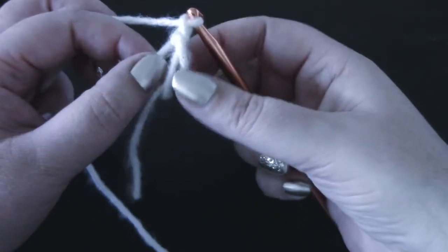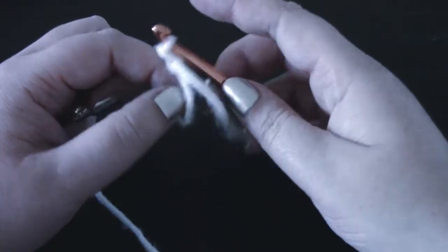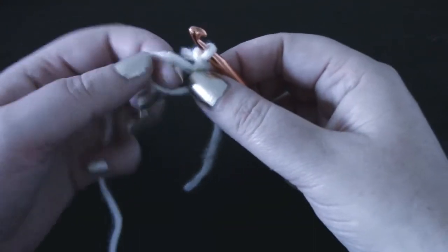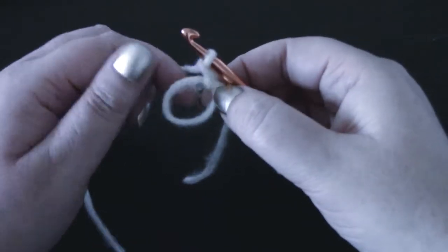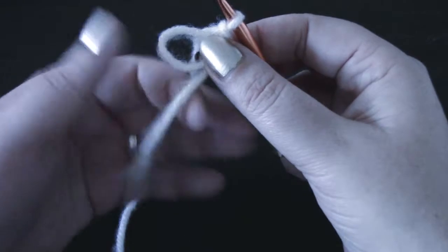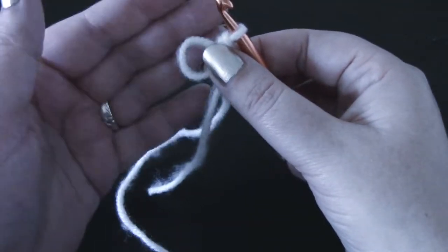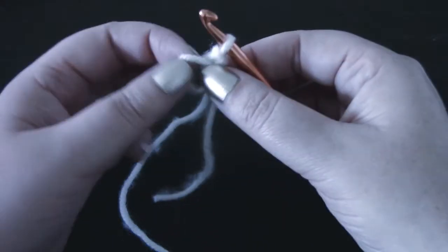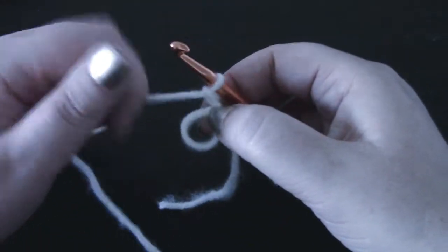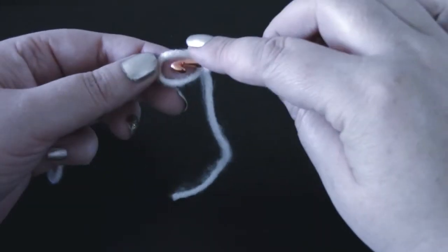If you look at it, you've got this tail end here. We're just going to pull that through just to tidy things up. Into this loop we are going to do 8 single crochet. Now if you pull on this end here, that magic loop is going to go smaller. Don't pull on it too much because you do actually need to work into it. So 8 single crochet into the loop,